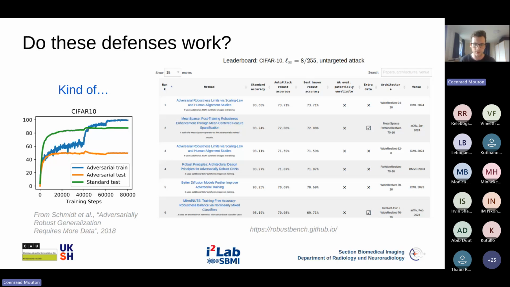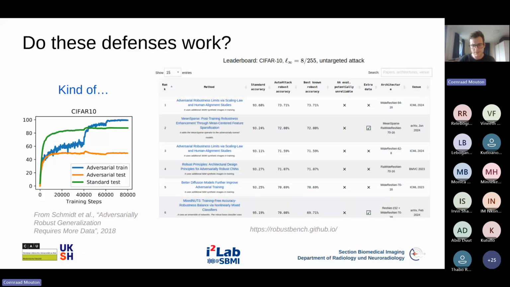So you get what we call a robust accuracy. You can see that the state of the art at the moment is around 73.71%. So clearly, if we know that on the normal test set we can get around 99% accuracy, there's a big gap between what we can do on normal images and what we can do on adversarially attacked images.